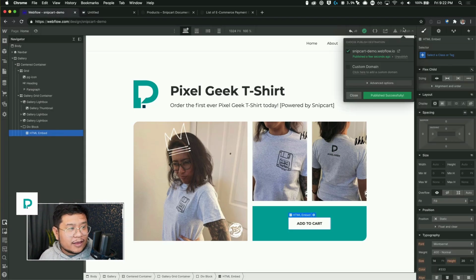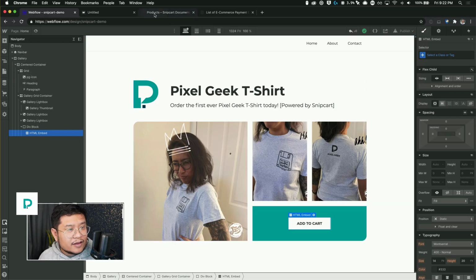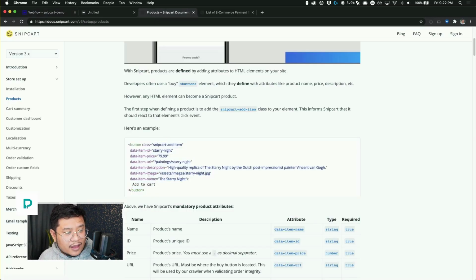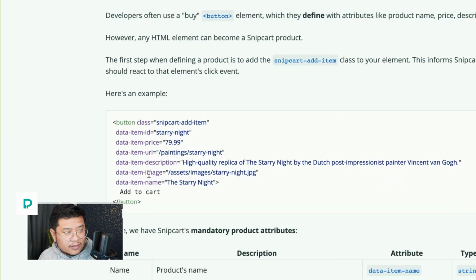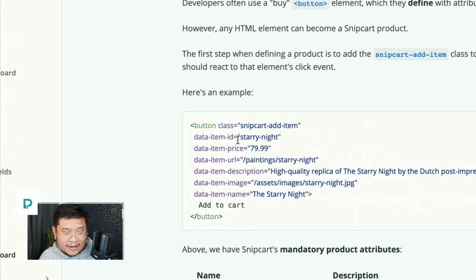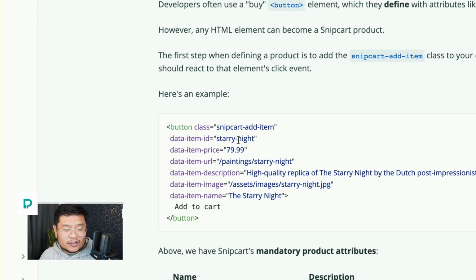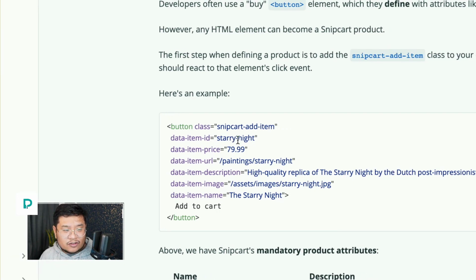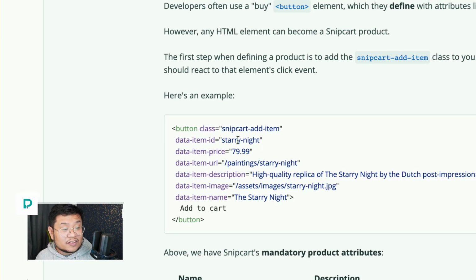All right, so we're back here. And let's take a look again at this code. So we need item ID, and item IDs usually have no spaces, and the spaces are replaced with dashes. That looks similar to a slug, so we'll use a slug for that.